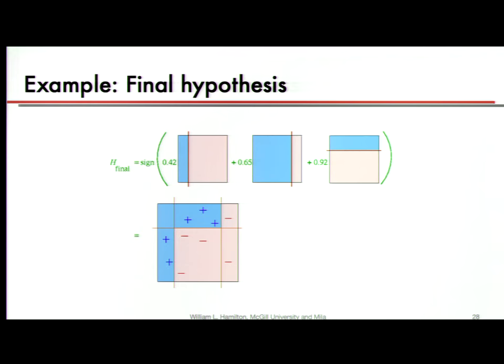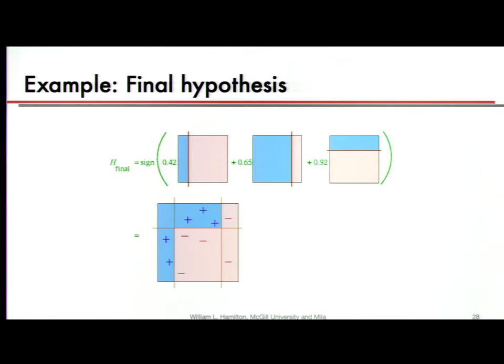And at the very end of the day, we're going to take each of these decision boundaries and we're going to have some alpha that tells us how much we want to look at this particular decision boundary. We'll take a linear combination of these three decisions to get our final model. And in fact, in this case, we end up with a very good final model where we're correctly classifying everything. So it's a very simple model. We're taking these three decision boundaries and just applying what's called the sign function here, so we classify as positive if it's greater than 0, negative otherwise.